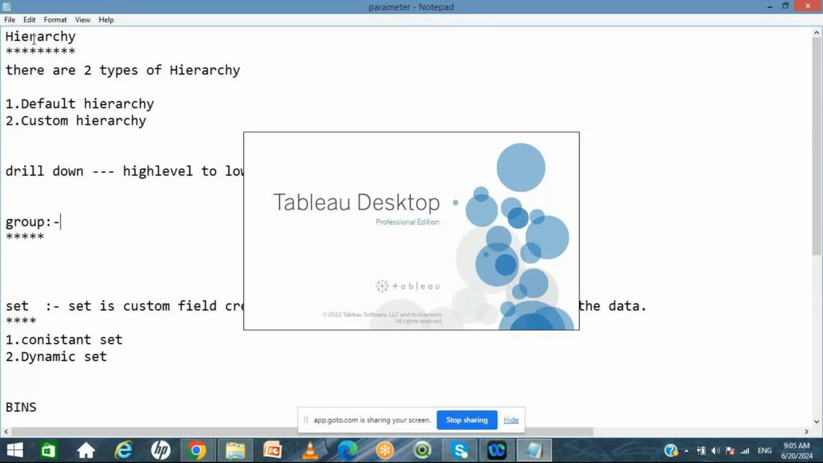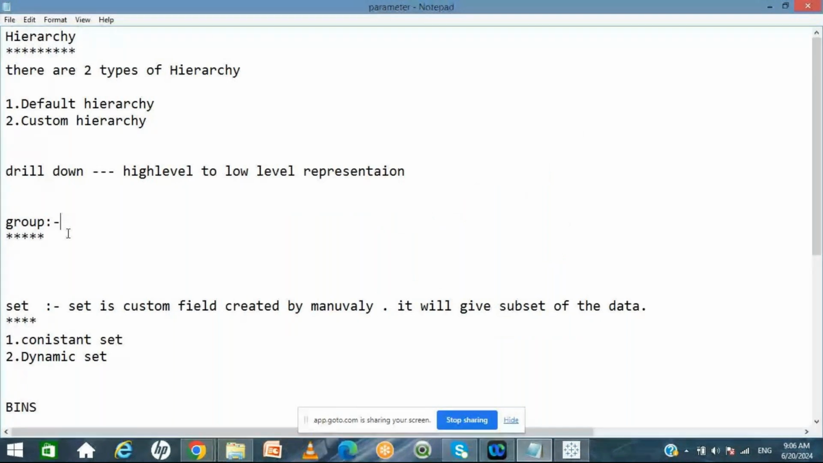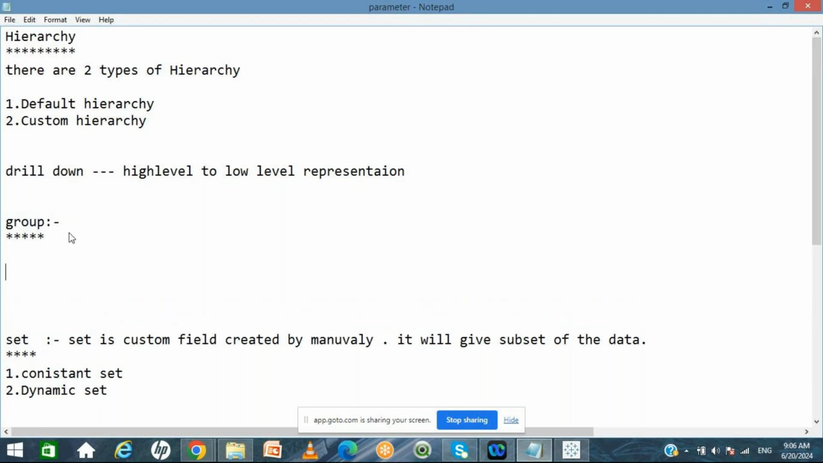Okay, sorry. So basically, in hierarchy, we worked on multiple dimensions like country, region, state, postal code. So this is a multiple dimension representation. Group is nothing but, if you want to group the values within a single field, then we can use the group function. For example,